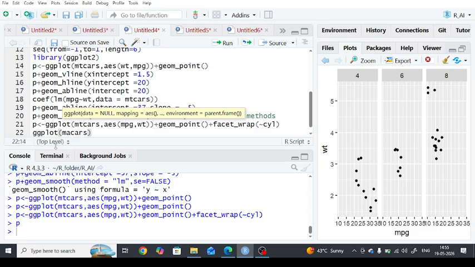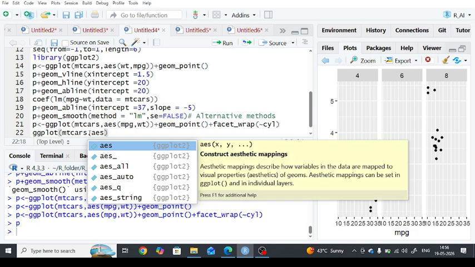So we can write here ggplot, mtcars, comma, aesthetic like mpg, wt, and color is also, so comma